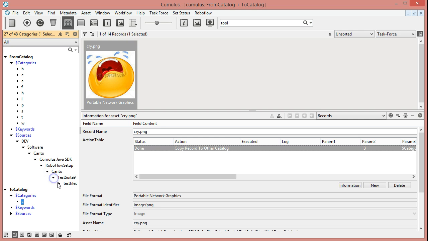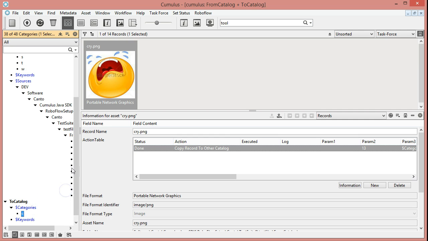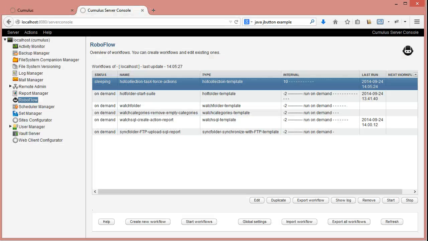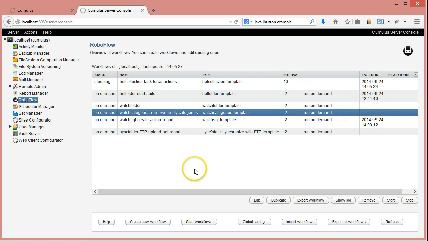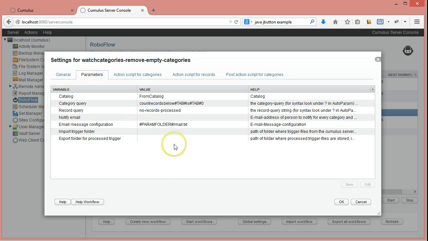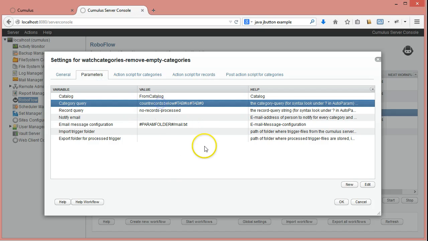If we have a look here inside this huge category tree, I have an example workflow that will look for all the categories based on a query, and this query can be a standard Cumulus query, or here I'm using an advanced Roboflow query. It has a special parameter called count records below is null,